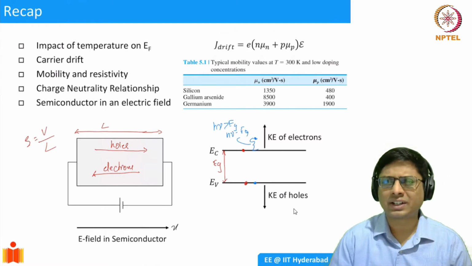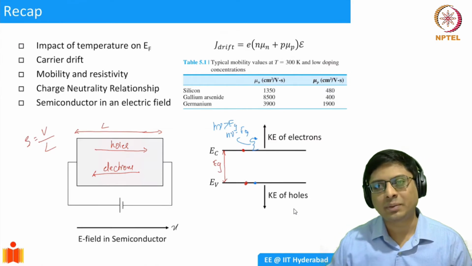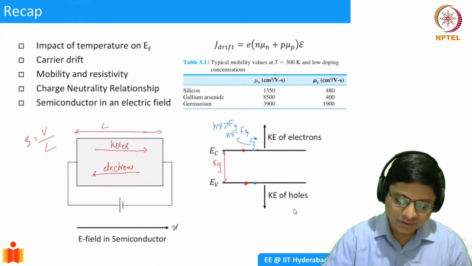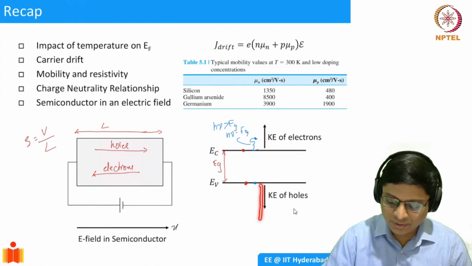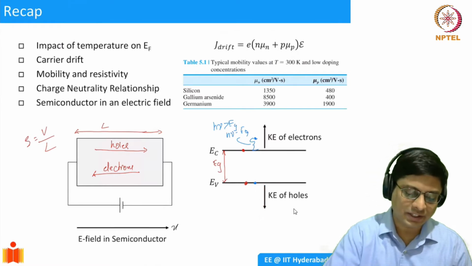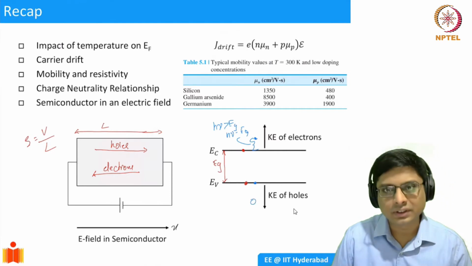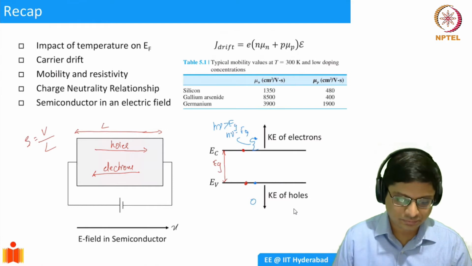Okay, and similarly, you could talk of holes. The same picture actually. I mean, you just have to reverse the arguments. You take an electron from deep within the valence band and then excite it up to the conduction band edge. You could repeat the same arguments, and you will see that the kinetic energy of holes essentially becomes proportional to the distance from the valence band edge in this case. So in this case, if you have a higher energy hole, it will be something like this. So it will be deeper in. Okay. So this is what we introduced.